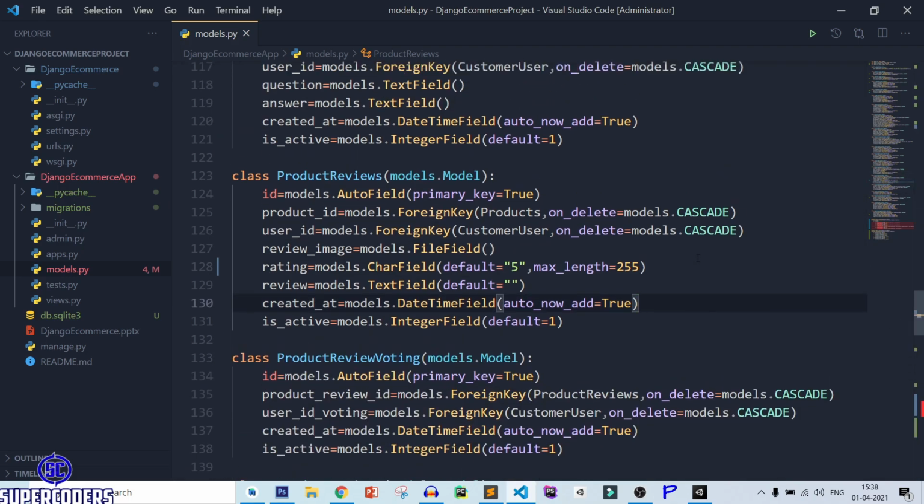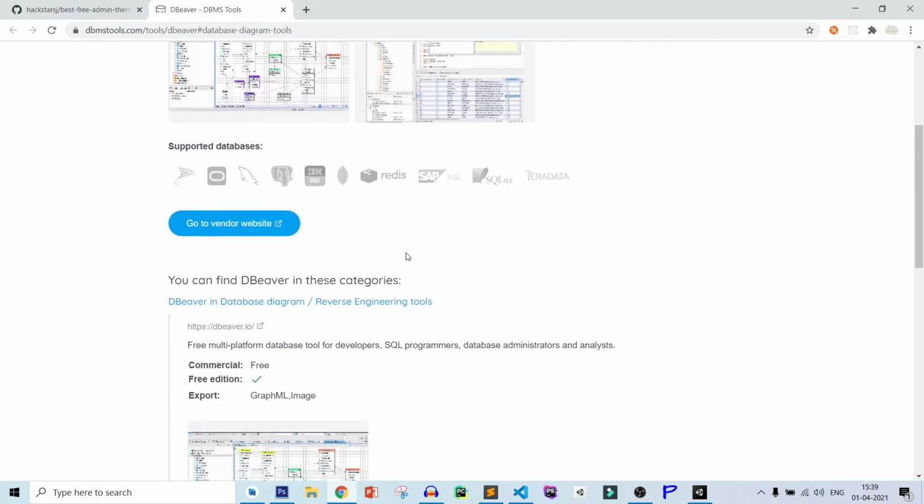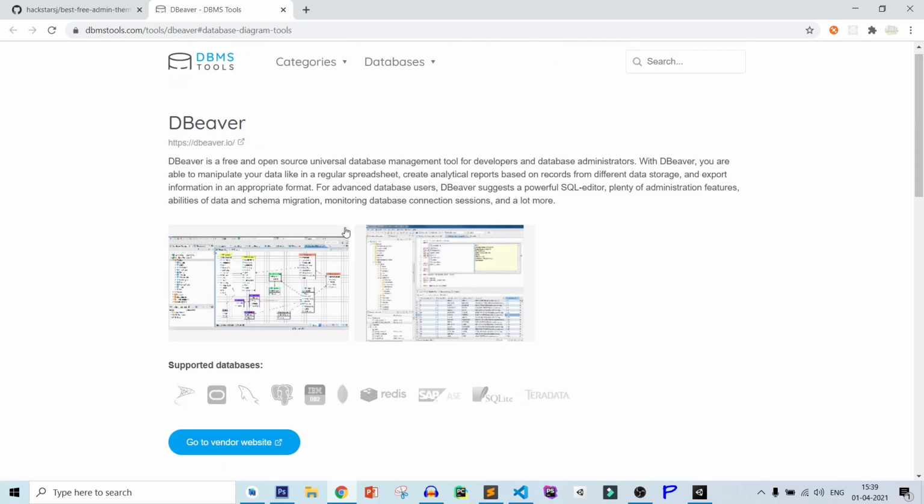So many users ask me how to see the ER diagram from the current database. So let's see how you can see the database ER diagram from your current database in SQLite. For this you need to use a tool. You can use this tool to view our database ER diagram. So let's try to open our database. I can actually install it in my system, and it is free to use.